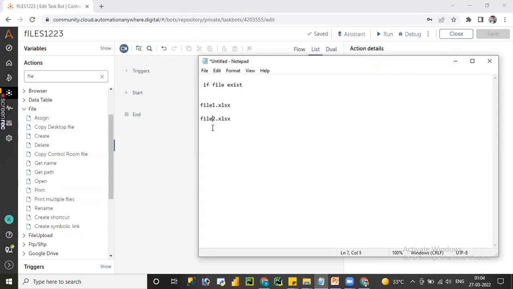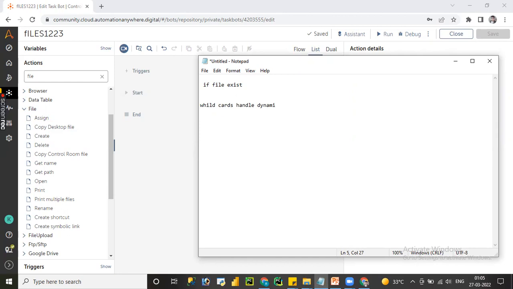File name 1, file name 2, and maybe on the third day it may be updated in a different way, f3.xlsx. So the file name may vary, or the extension may also vary. Whenever you are handling this, we need to use wildcards to handle